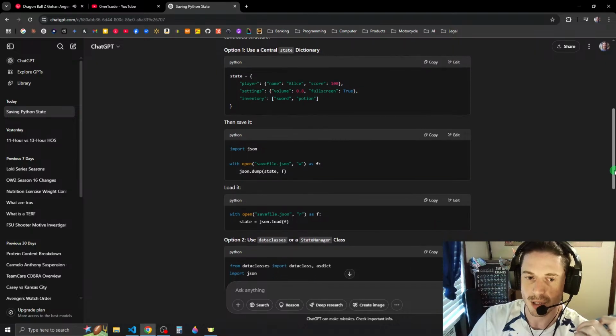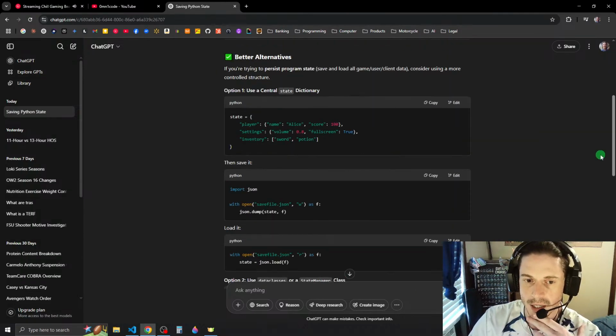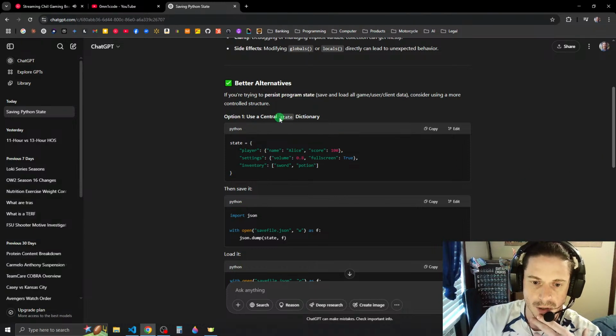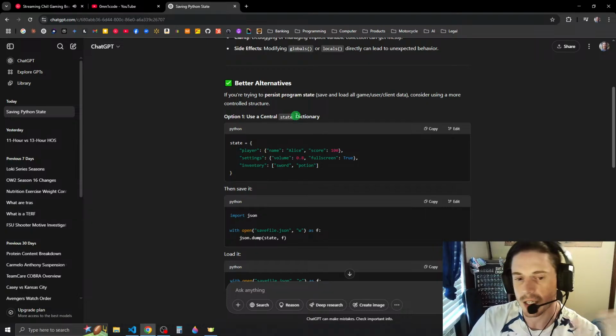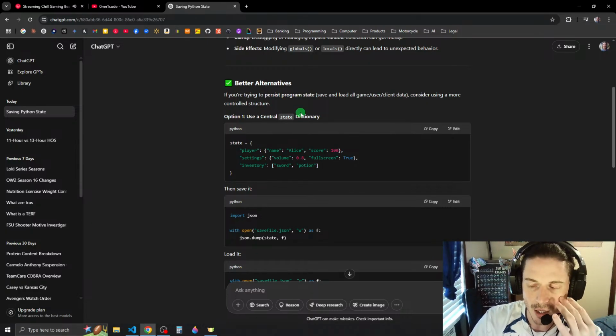It sounds nice, but I think we would have to do more of a specific system, basically creating a list of things that need to be saved.